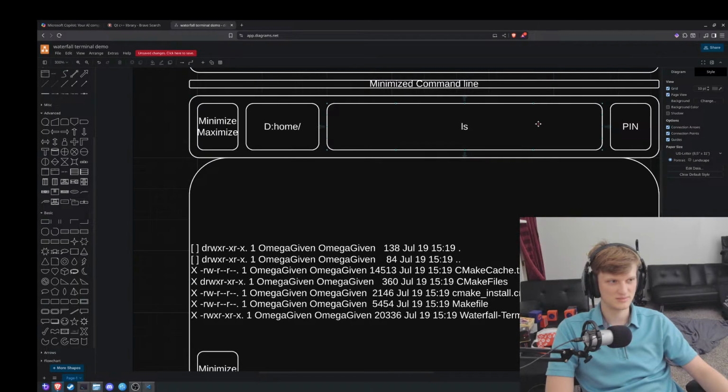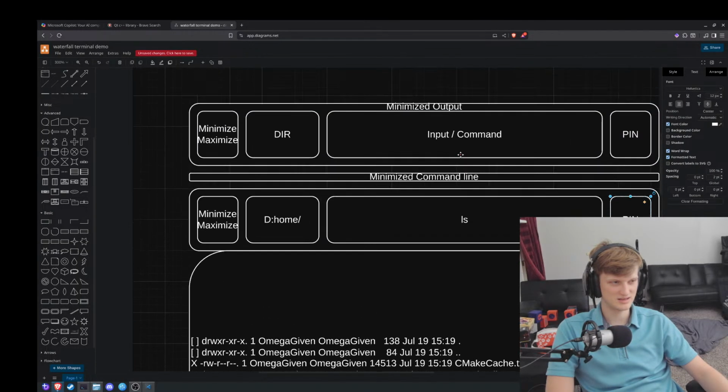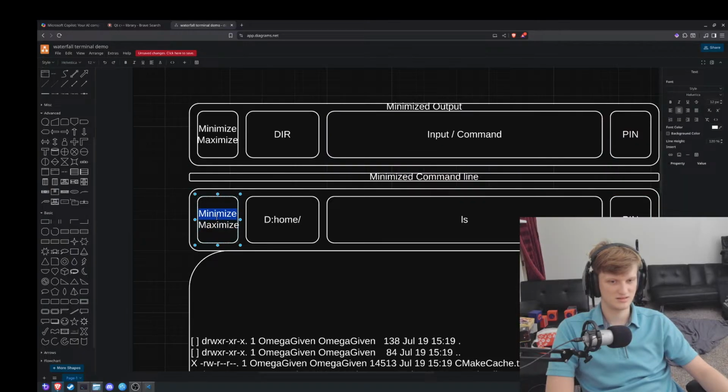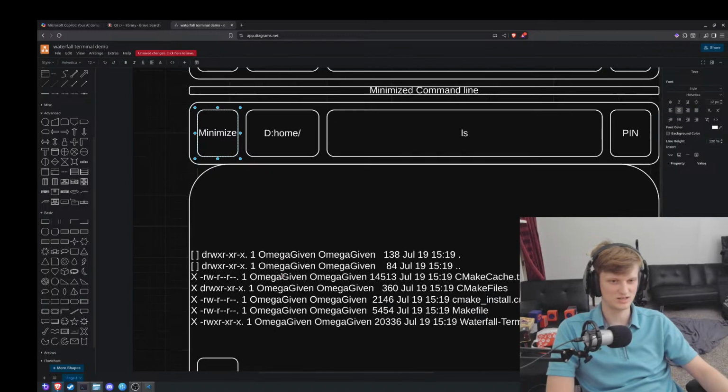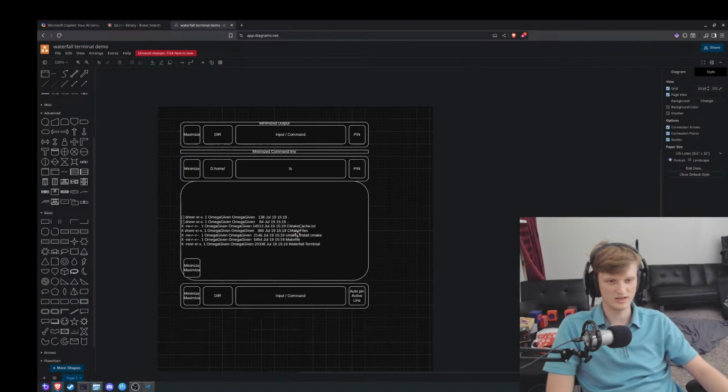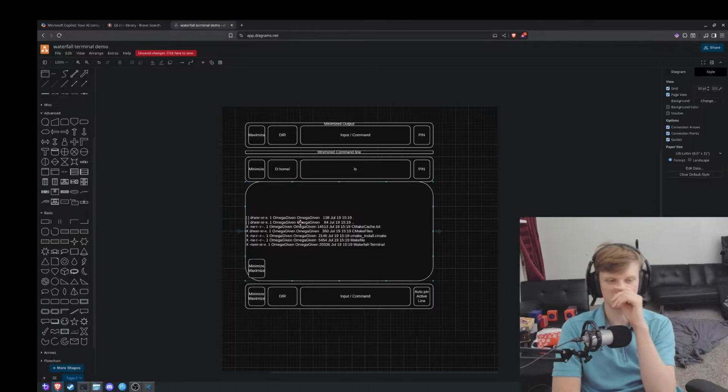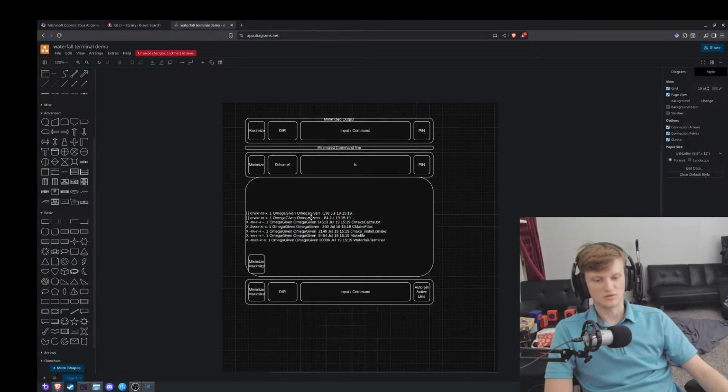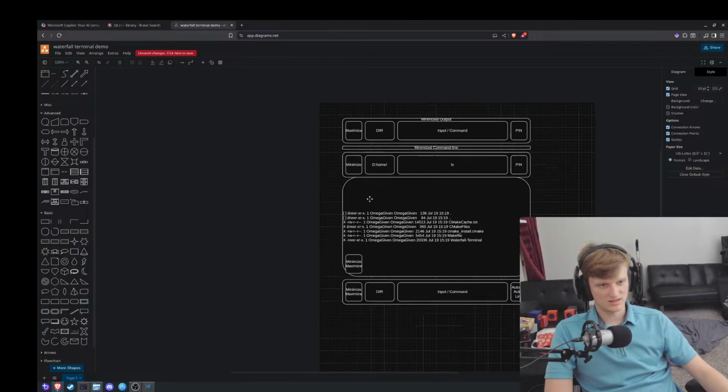Okay, so let's say this will show minimize. This should show a maximize symbol. This is kind of what you've got to do. When you make an application, you need to draw out what it would look like in the first place. Because if you don't draw what it looks like, then you don't have an actual image, an understanding of what your own thing is. So basically, what I want is